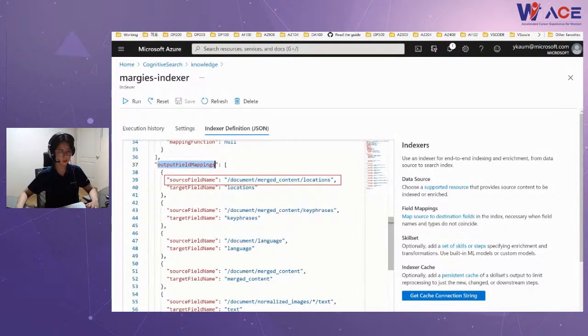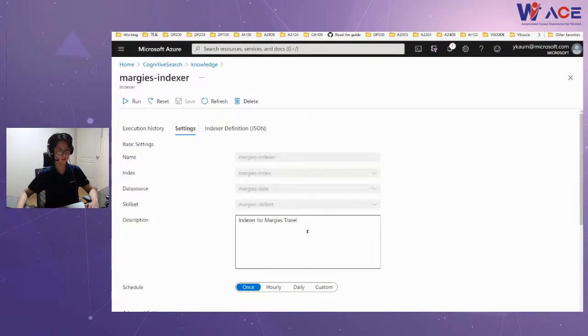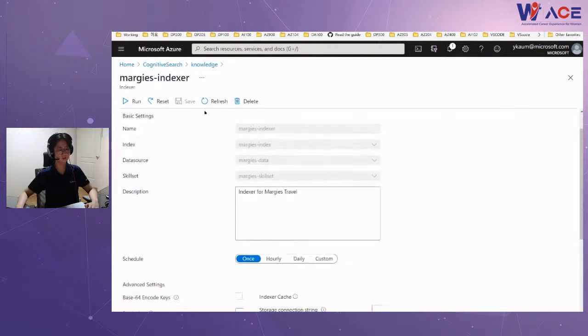The source is the location, the AI enriched location field, and the indexer is going to map it to the location field in the index. So these are the source and target mapping. Based on your settings, this indexer is going to update your index.